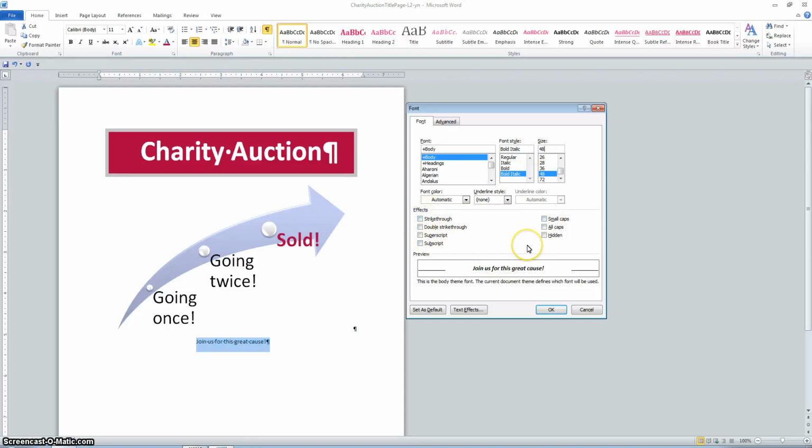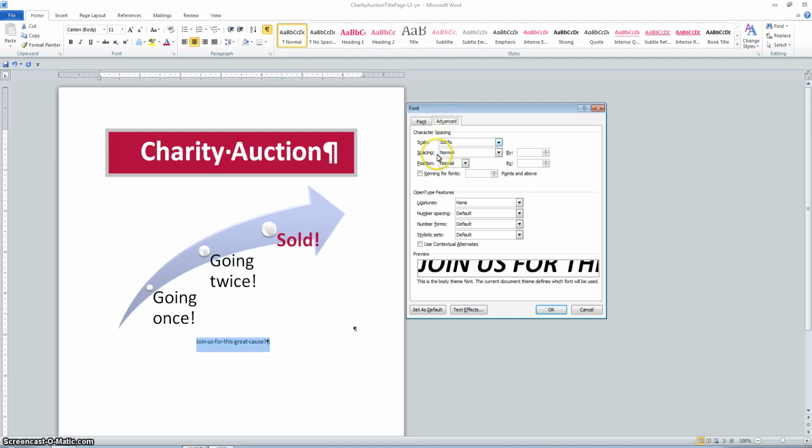Now, in our font launcher, we do not have the whole listing of effects because there's a whole other column right here that's missing. That's because this Word version is an academic version, so we don't have all the features of the Word that the school has purchased. However, we can choose all caps in this effects box, and that will change this lettering here so it's all capital letters. The other thing is we're going to go to the Advanced tab and we're going to change the